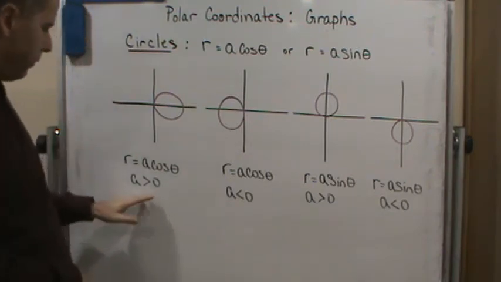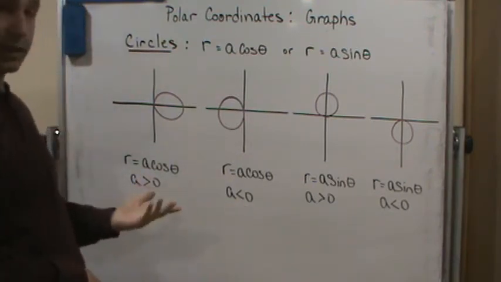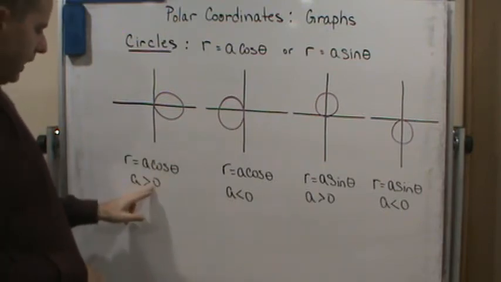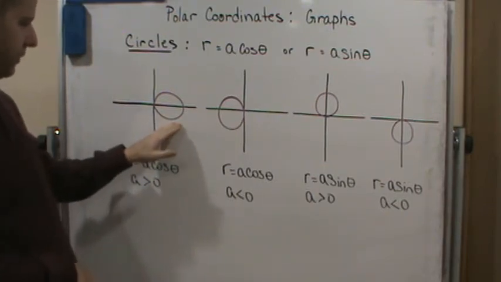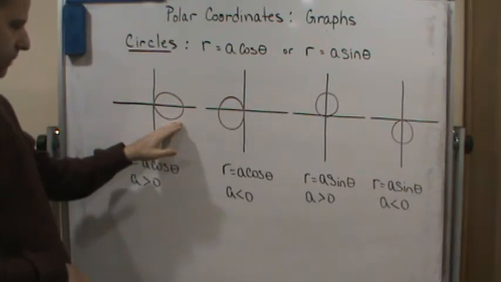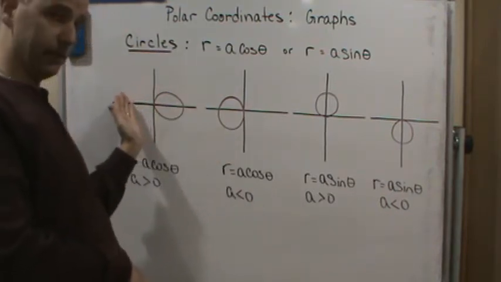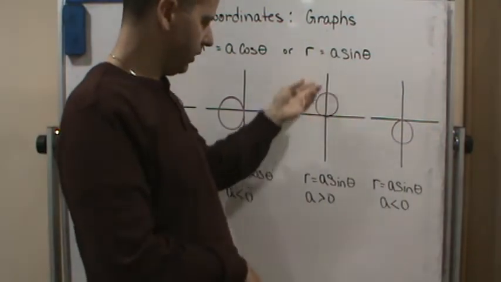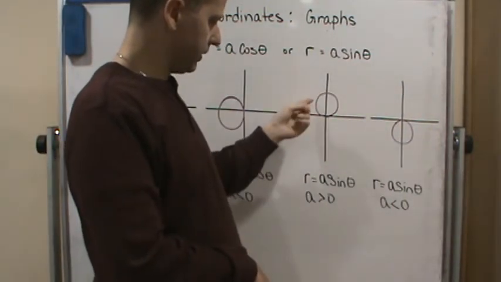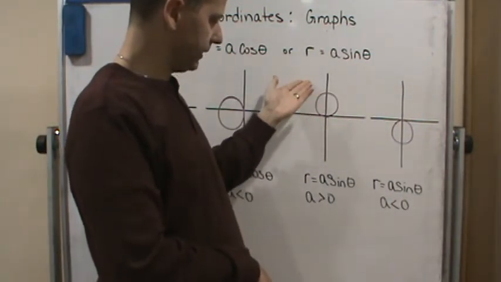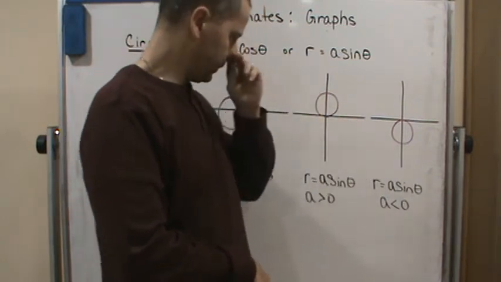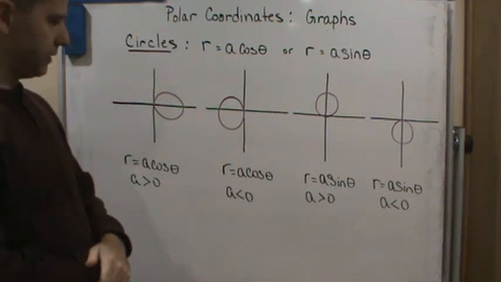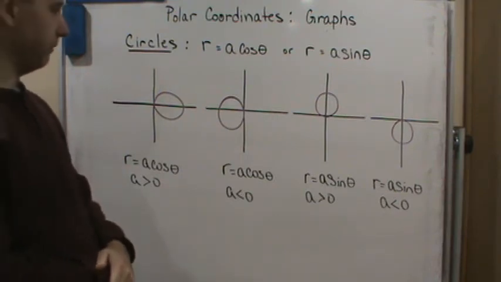And again, depending on whether A is positive or negative, will tell you which side of the axis. So again, if it's cosine and A is positive, it's going to be on the positive side of the x-axis. If it's negative, then it'll be on the left side. Okay, and of course with sine, it's going to be either above the x-axis or below the x-axis if A is positive or negative, respectively. Okay,